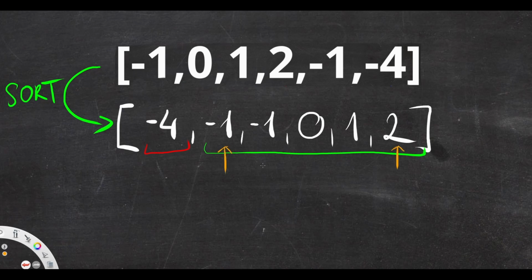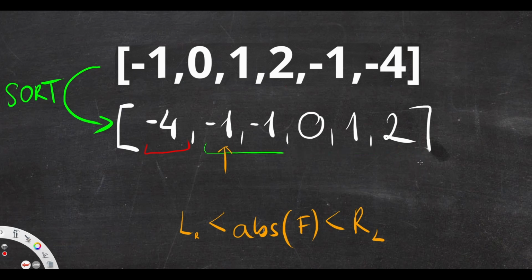And we're looking for the absolute value of the first number, right? So if we know that the absolute value of this first number is smaller than the sum, then we have to move the right pointer to the left one. And if we know that it is bigger, then we have to move the left pointer one to the right. In this case, there will be no solution because there are no two numbers that will add up to 4,